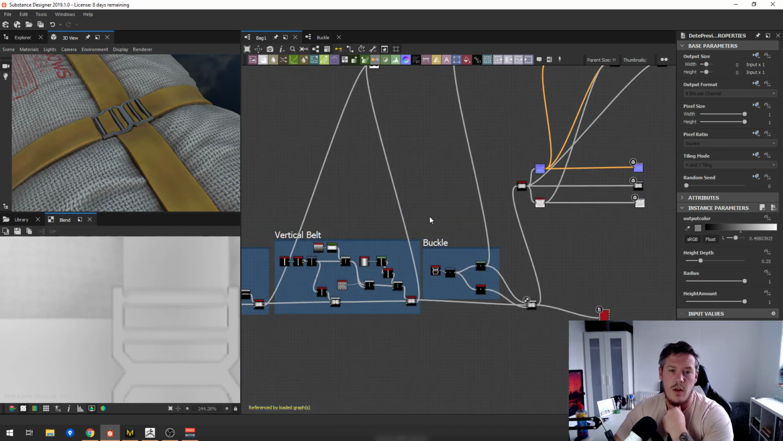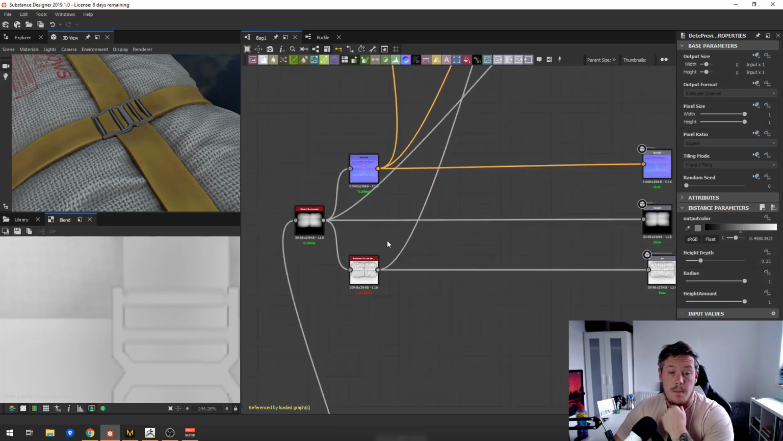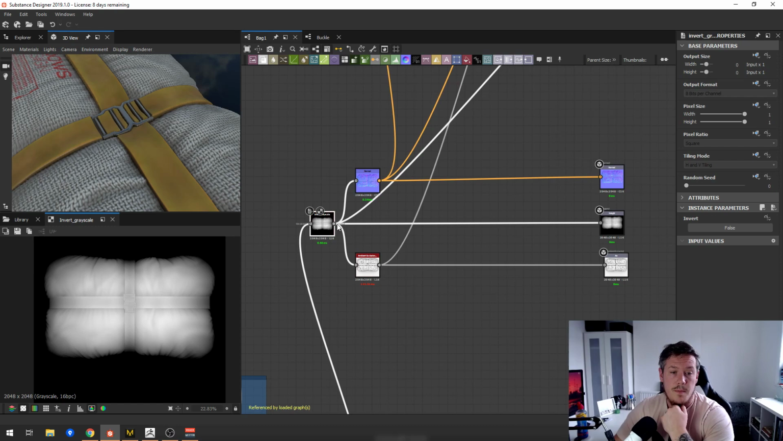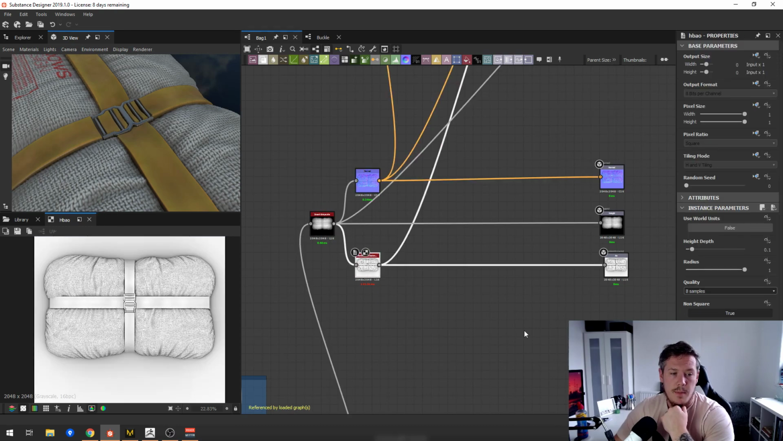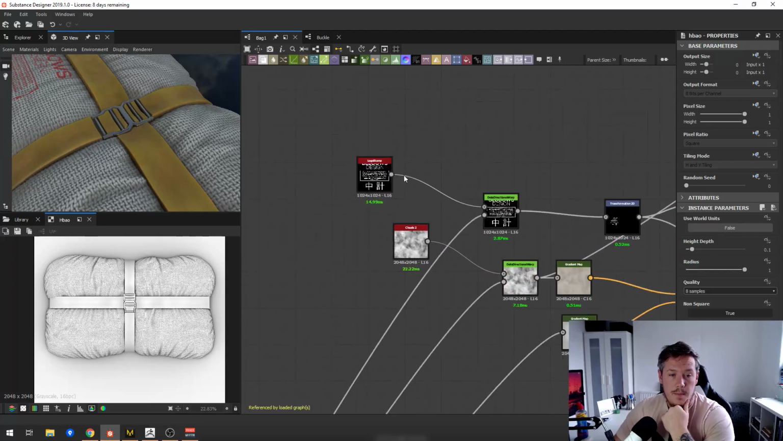Looking back now, like I said, there's a lot of stuff I probably would do differently for efficiency's sake. But because it's a subgraph, I'll put it into a false invert and just spit it into my normal map, my ambient occlusion, and these are my outputs. Just to look at the albedo,